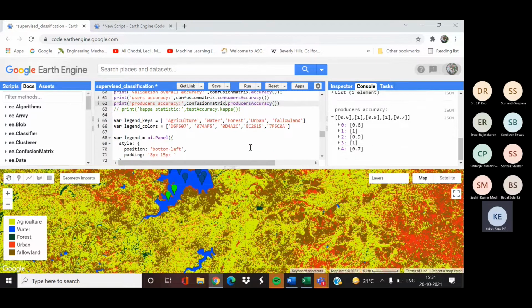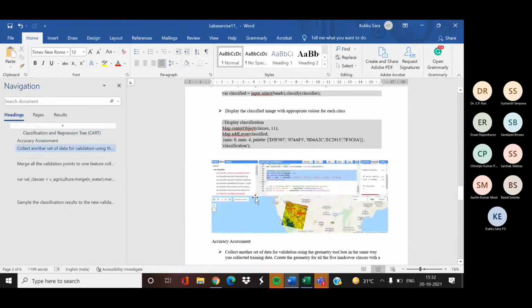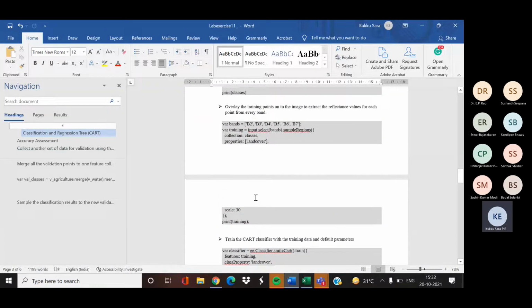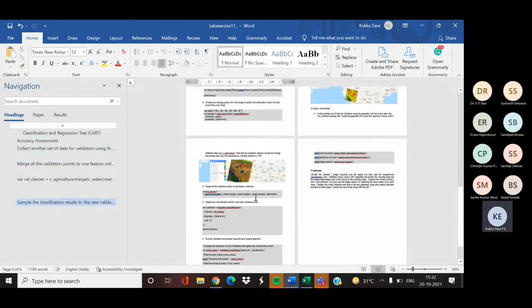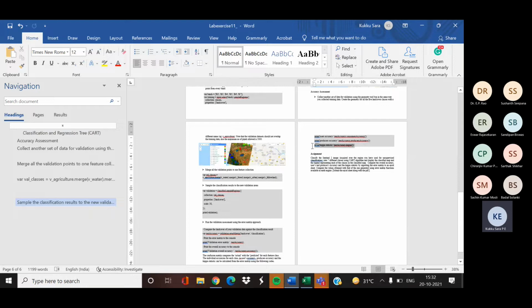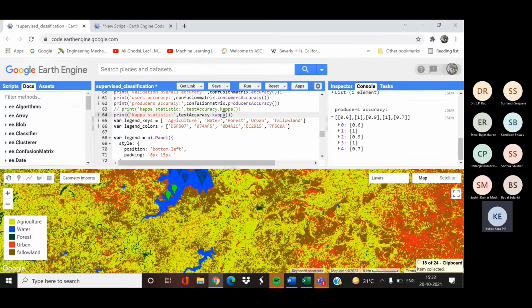So next, another measurement is kappa statistics. This will calculate how accurate our classifier is compared to a random classifier. For that, the function is confusion matrix dot kappa, and this will give the kappa statistics.